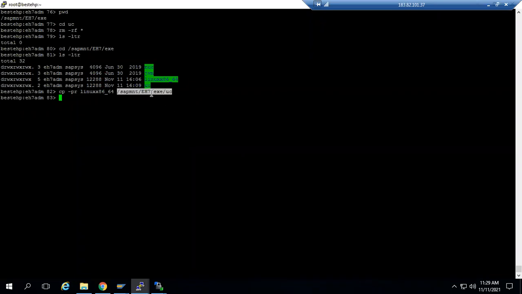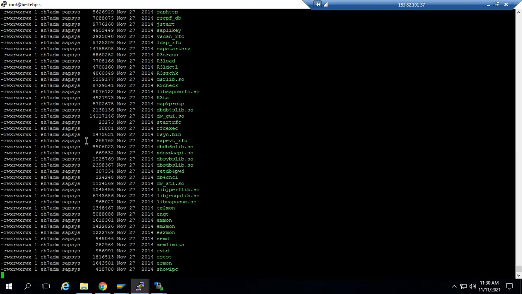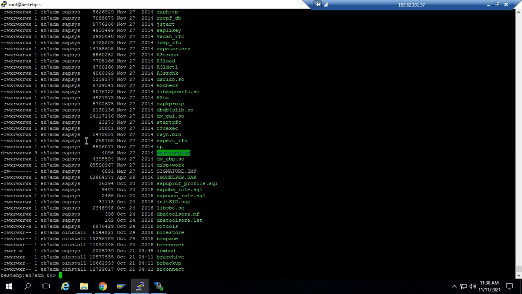Now you go to this location. Now this has been placed here. ls -lt, you can see now it is fine. Previously they had placed multiple files here, that's why I deleted the old files. The same file which had been pasted in the UC, which is not required, that's why I deleted those.